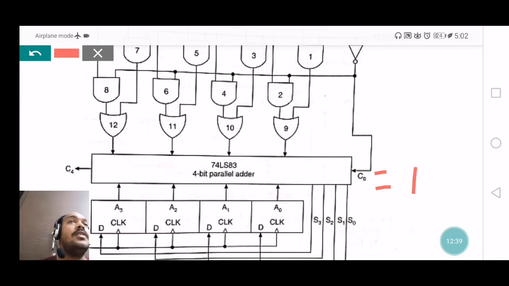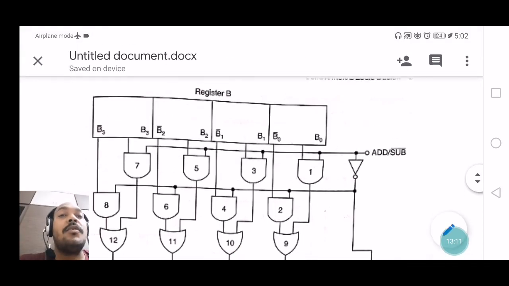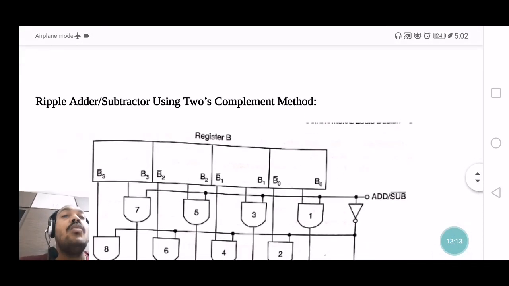Okay, and according to the 4-bit ripple adder subtractor circuit diagram, here it obeys the 2's complement form. Why? Even though you applied B0, B1, B2, B3, after simplification we get the inputs in the form of B0 bar, B1 bar, B2 bar, B3 bar, which is added with this one. So it satisfies the 2's complement subtraction method, and the circuit will act as a 4-bit ripple subtractor. Like this way, the 4-bit ripple adder subtractor will work